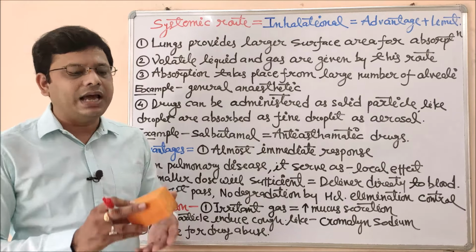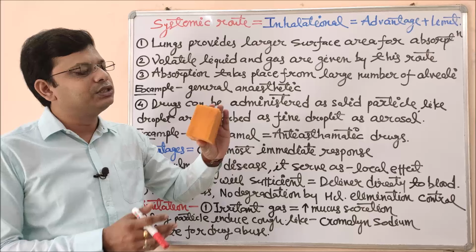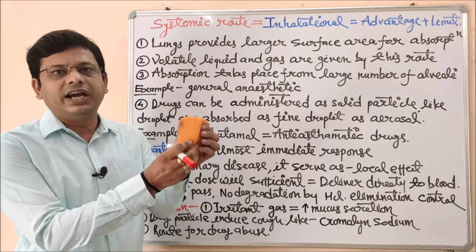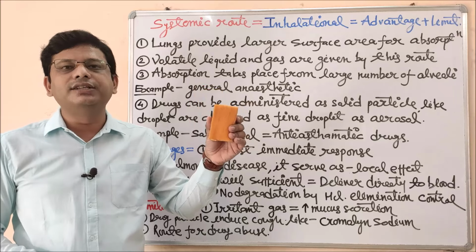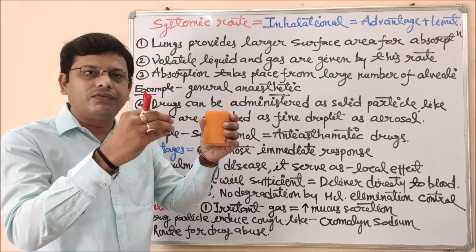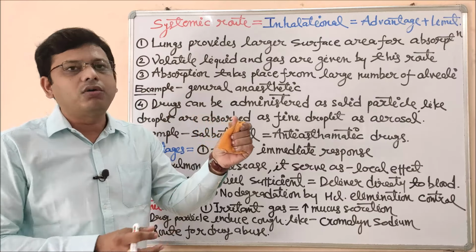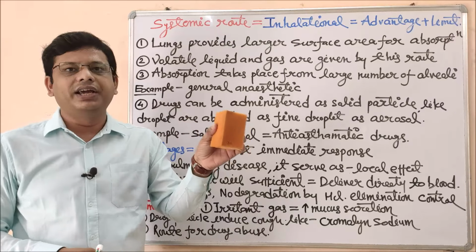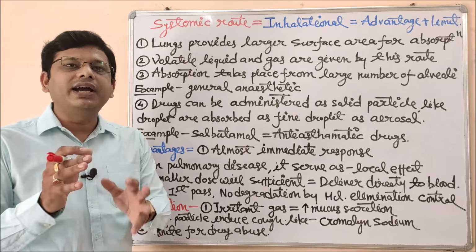I can explain what is happening inside the lungs. This is a piece of sponge. When I push this sponge, it absorbs air and releases the air. These are small units, the small cells of this sponge. Assume this as a lung, with so many alveoli. Whenever we take any gases in the form of an inhaler, they are absorbed by these lungs. This process is continuous. Under these lungs there are so many alveoli, and the alveoli transfer that particular drug to the systemic circulation, that means blood. That is why its effect is very fast.